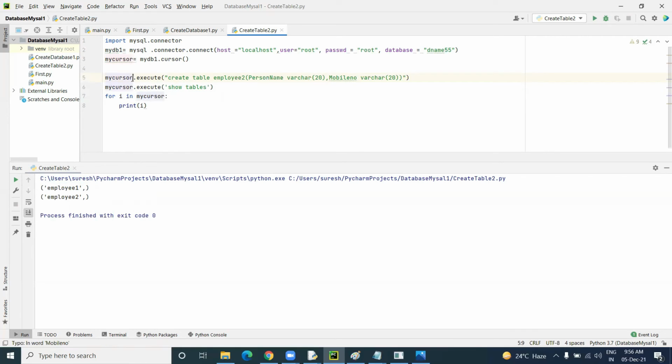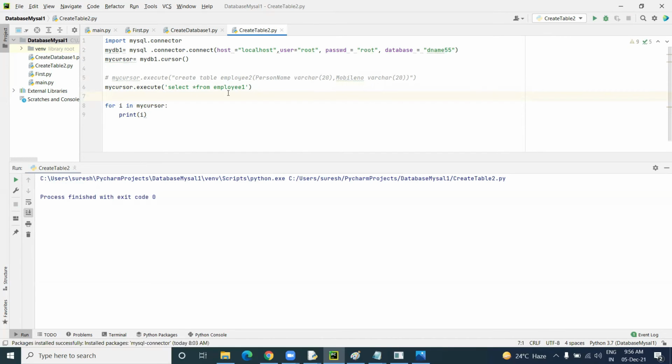Once we create a table, we can create it only one time. If you want to see a particular table's data, select star, and I want to select from employee one. That means here we have the data, and we can see all the data inside of it. Like employee one, there is nothing there. If we go to employee two,